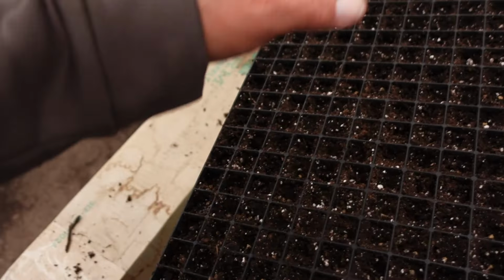Now, this time of year, growing like we are, it really isn't hard to get them to germinate. I like to keep mine at 70, 75 degrees, and I'll show you the process here in a minute. It's pretty straightforward, but I'll take these 338s, fill them full of soil, go through and dimple with my fingers, make a little impression, and put the seed in. And then we're gonna go back on top of it, put some soil, and then we're gonna wet it in. I'm gonna put it on that heat mat in that other tunnel, and we're just gonna wait for it to germinate. This time of year, it'll take 7-10 days,